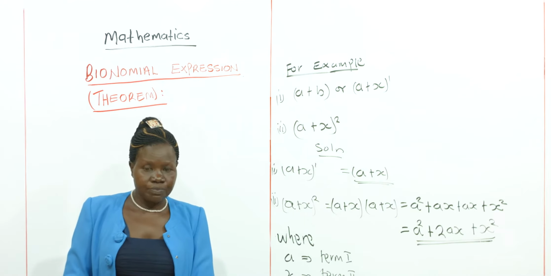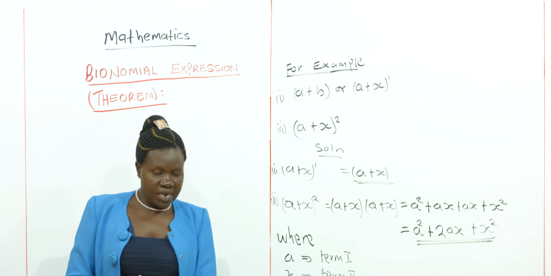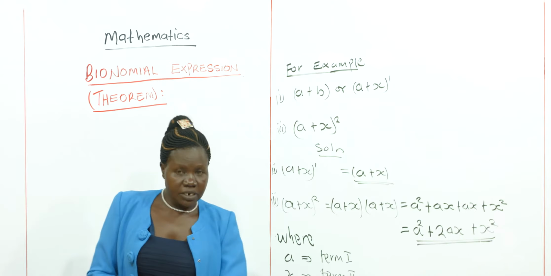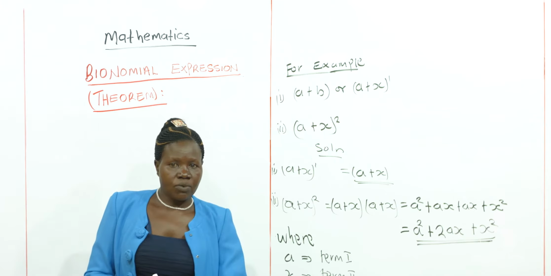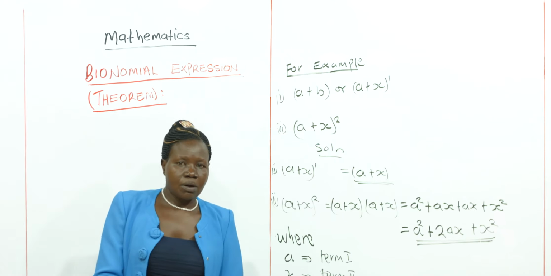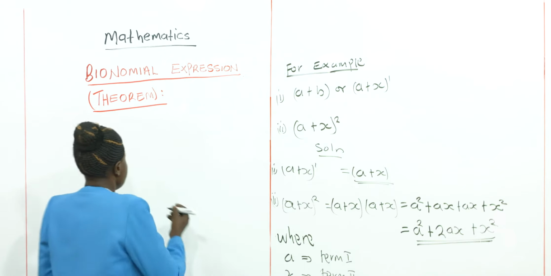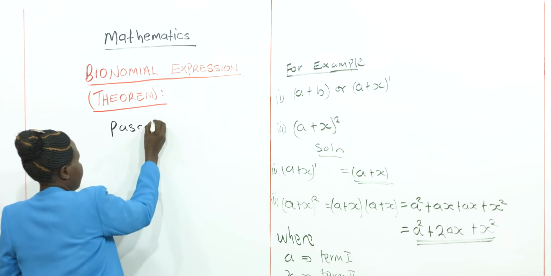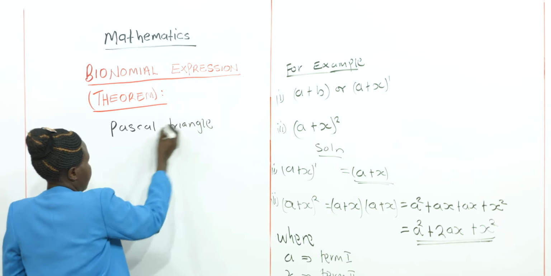A Pascal triangle is one of the methods that we use for expanding algebraic quantities, but in the form of a triangle. In primary, this knowledge is introduced to learners, especially in lower primary, where you are always given a table or a shape to fill from number 1 up to number 10. So we are going to look at what we call the Pascal triangle, and how we use it in expanding binomial